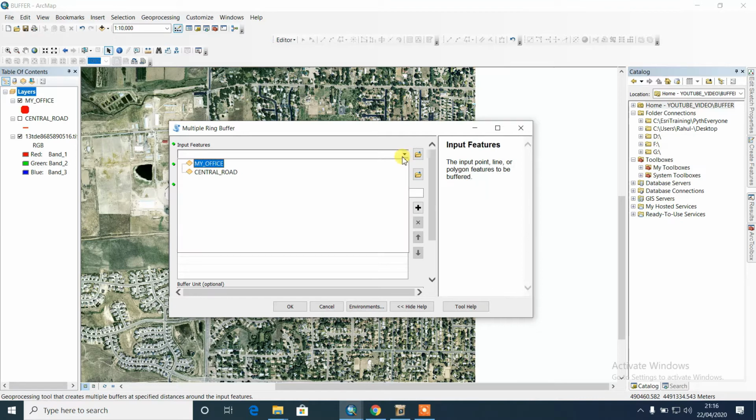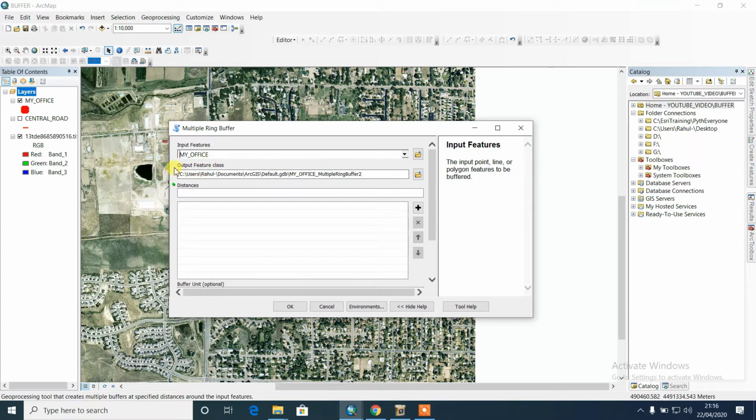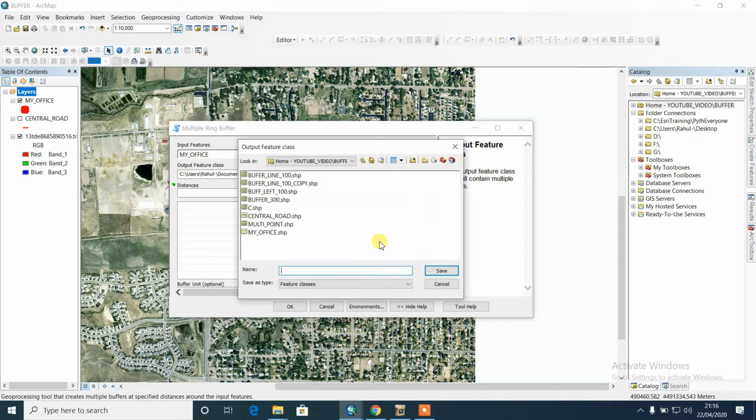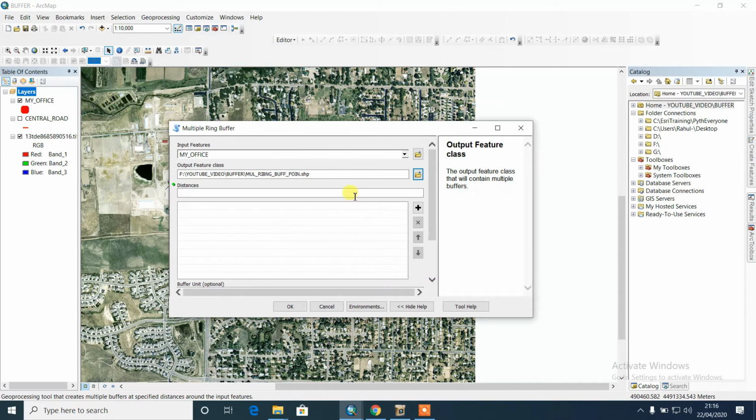Here we have to input the point features, and here is the output. I can save it in my destination folder, name it mlt ring buff for point, and this is my extension. Save it and come to the distance.